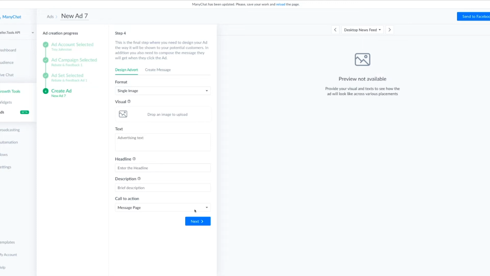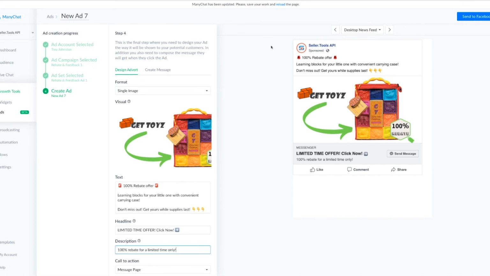And I'm going to do that right on the other side of this video, and I'm going to have it all populated and walk you through the strategy and why I implement it in this way. All right, so I've gone ahead and built out this ad, and let's walk through each one of the steps and really show you the strategy behind how we craft our ad. So I've got clearly on here what the offer is, 100% rebate offer, calling a lot of attention to that,